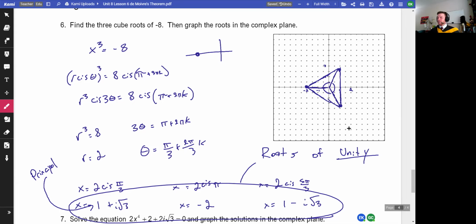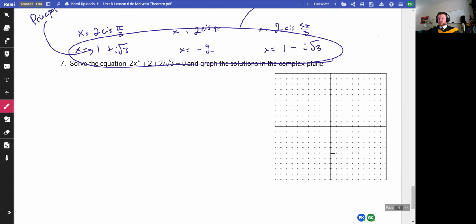The roots of unity. So if you can find one root and you know the angle between them, what's the angle going to be for the eight roots of unity for the 8th root of some number? What's the angle between them going to be? It's 2 pi over whatever you're doing. Yeah, because you take a circle and divide it up into however many things you're doing. So the super fast way to get roots is to just know how many roots there are, which is just n, find the angle between them, and then find a root.